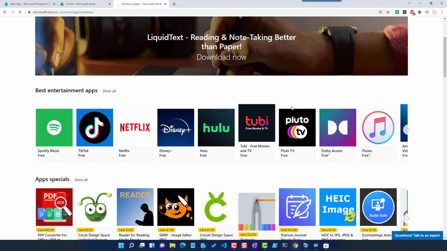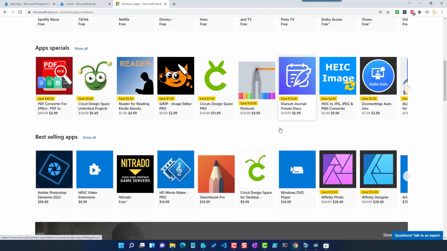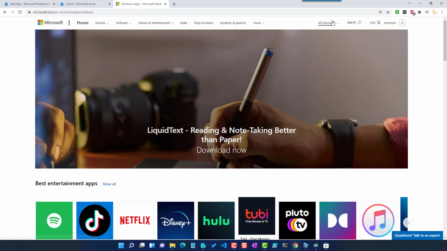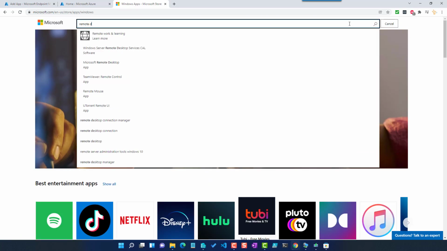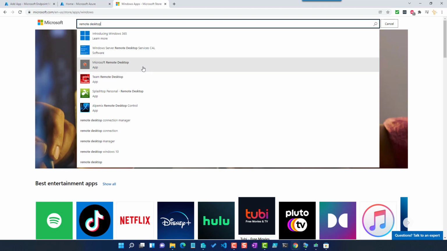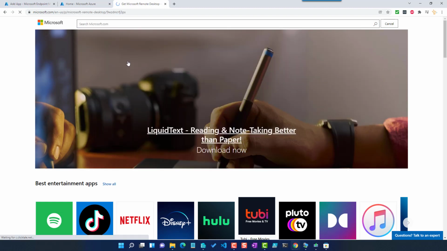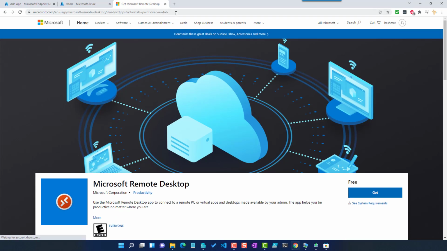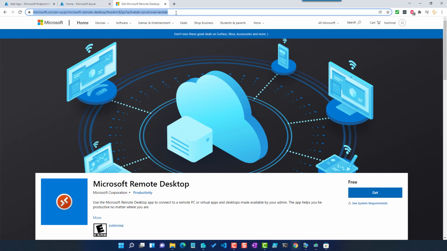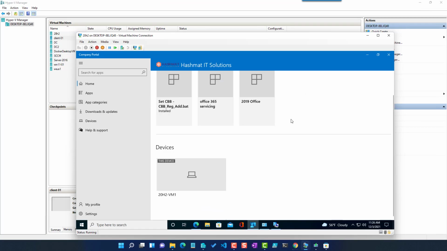Let me search for Microsoft Remote Desktop here. You see this one? This is the URL. We're not going to select the whole URL, but only the part before the question mark. We copy the URL